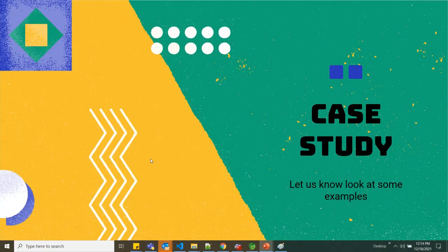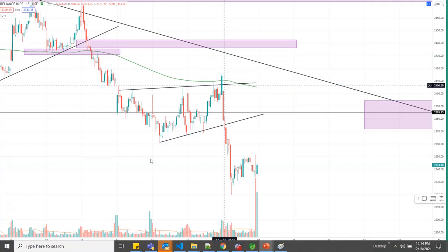So now let us see some case studies in which we will see how high volume nodes and low volume nodes actually work. Below is the chart of Reliance. You can see there was a breakout in Reliance and this was a very bullish candle. The volume was also very large on this breakout candle. So many retail traders will trade this and sooner than you think the price reversed. So many people will have taken this trade and their stop loss was hit.